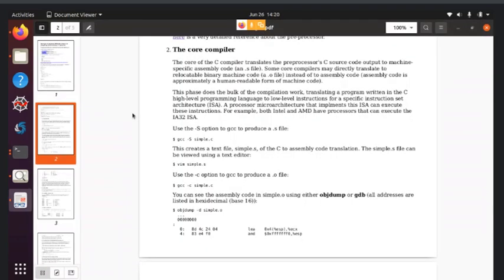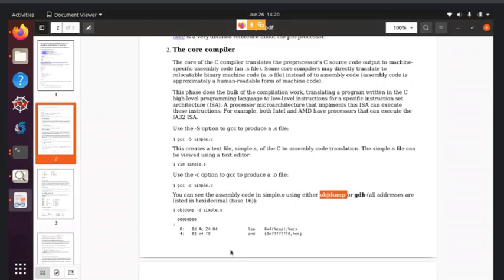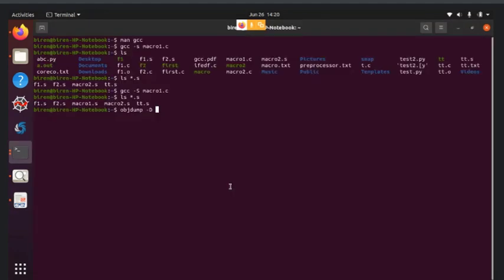macro1.o is nothing but one type of object code. To observe that, we need to use one of these commands or tools. You can say gdb is a debugger tool. objdump is also one of the commands used in Linux. The name of the file is simple.c, so simple.o.